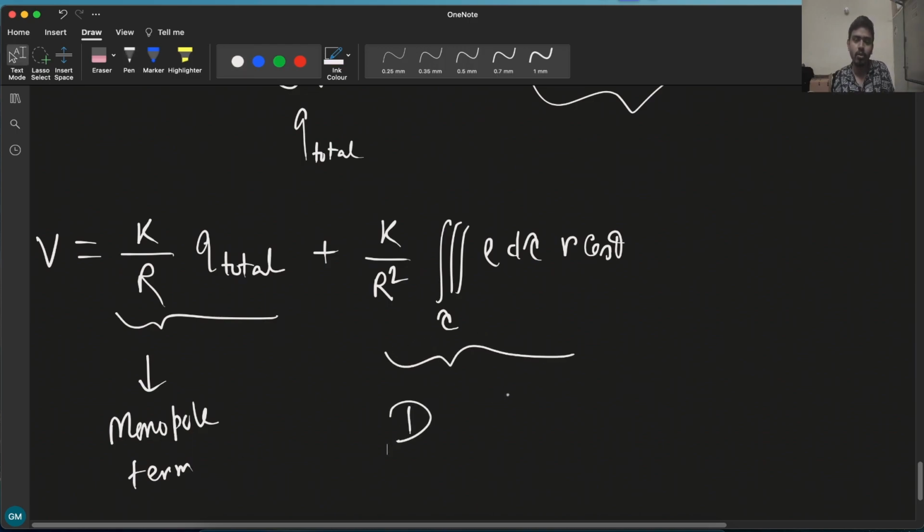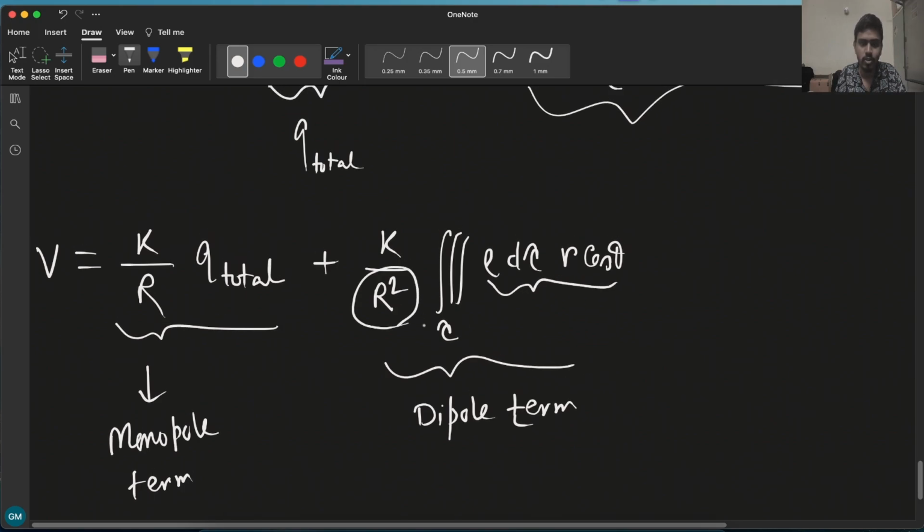Whenever you learn about electrostatics, you will see these dipole terms. The higher order terms will give you the quadrupole terms, octupole terms, and so on. This is coming from P1 cos θ. So P1 cos θ is giving us the dipole term. This is basically the dipole moment,